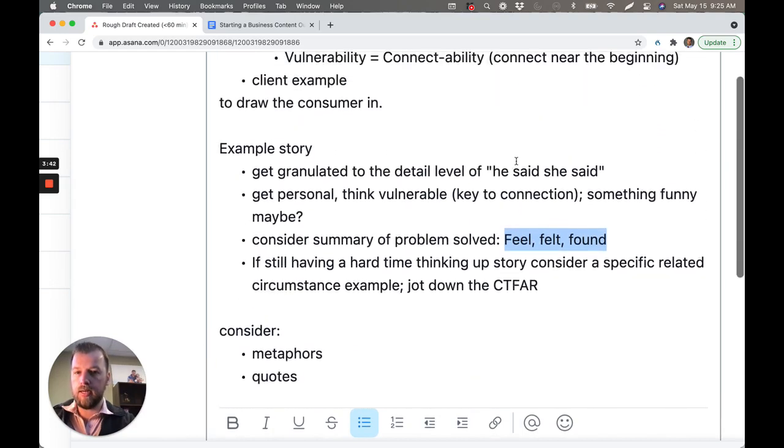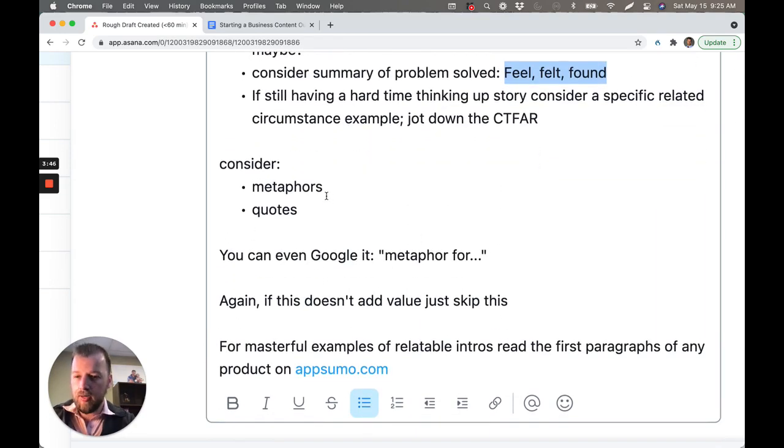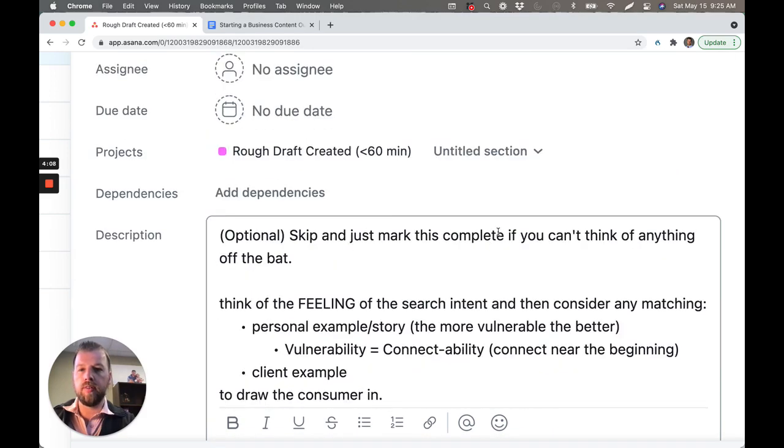So if we can lend a little story, that's great. That's relatable. If we can't think of a story or a personal story, or we have a writer that we've hired to help us, metaphors are fantastic also. You could Google a metaphor. So metaphor for feeling anxious, or metaphor for feeling confident, right? You could look for some metaphors. You just mention a little something at the beginning of the article to show that that is connectable.